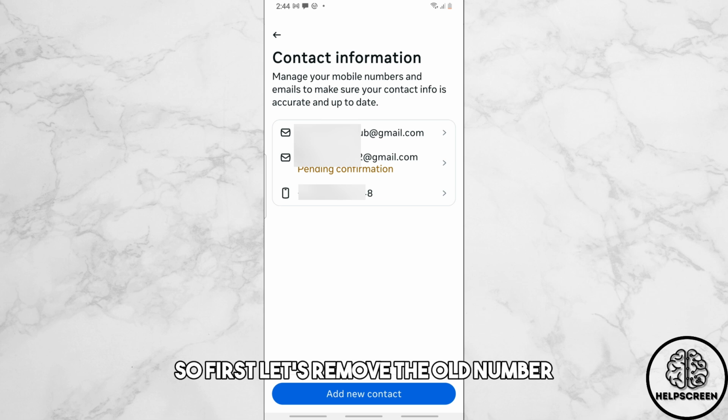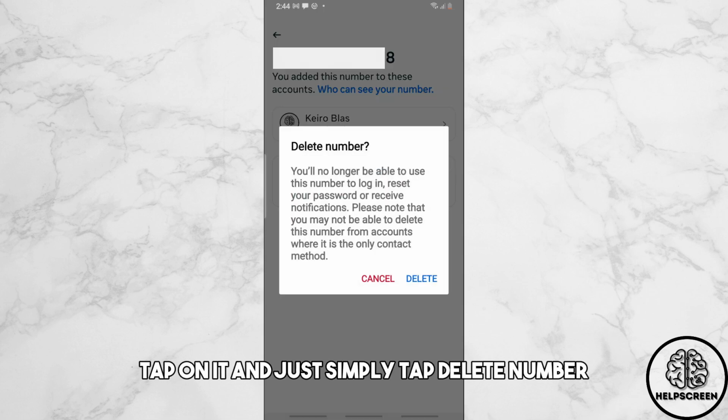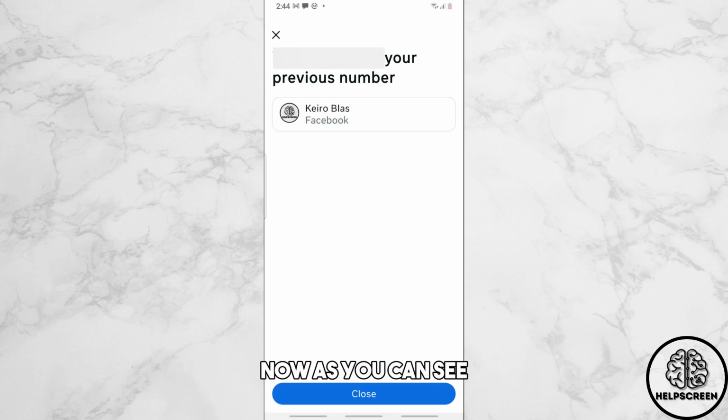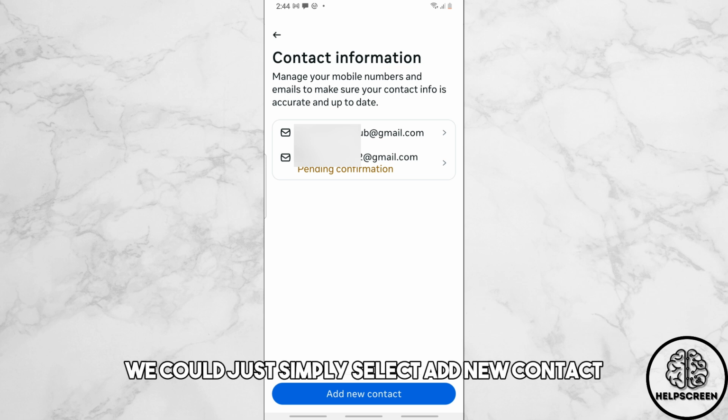So first, let's remove the old number. Tap on it and just simply tap delete number. Tap on delete. Now, as you can see, once you have deleted your previous number, you can just simply select